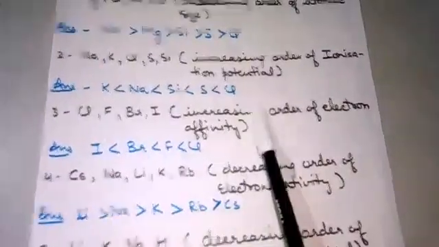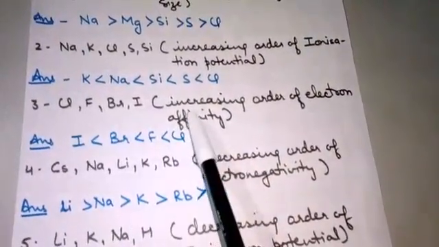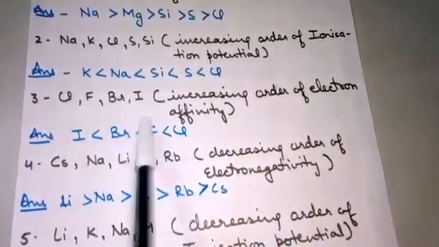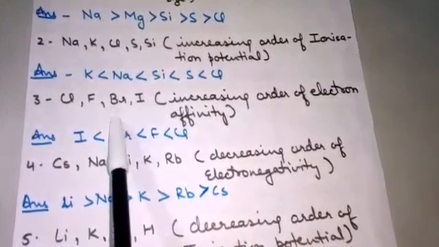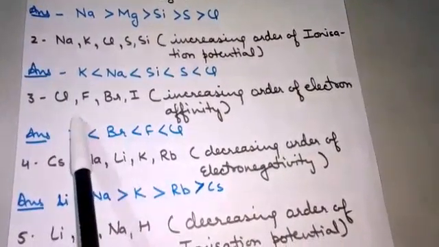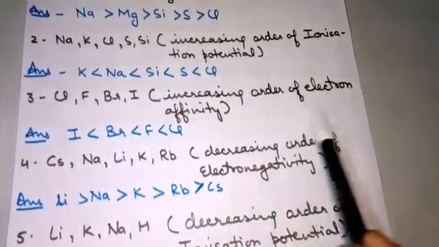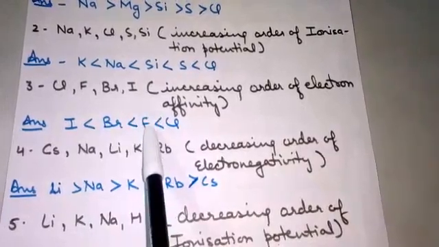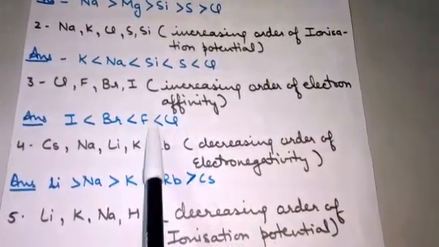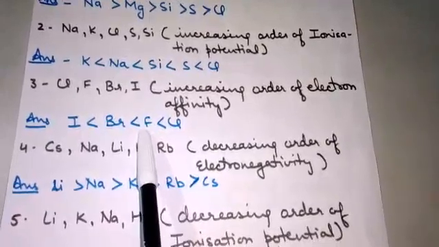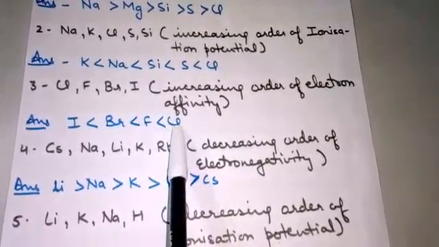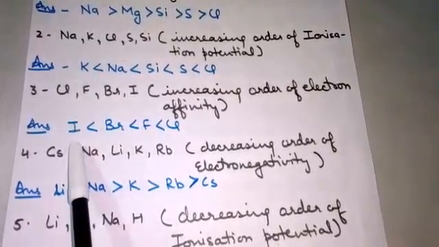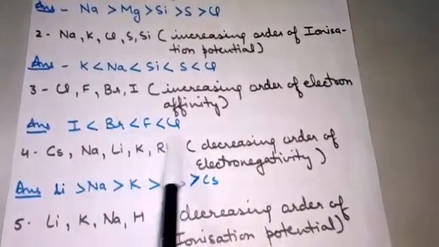is the answer. This is the third. You have to arrange these elements in increasing order of electron affinity. So here you can see this is the elements of group halogens. These are halogens, and they are present in group. So in a group electron affinity decreases. So here first element is fluorine, but we know that exception is there, that fluorine electron affinity is lower than the chlorine. That's why chlorine has the highest value for electron affinity, then fluorine, then bromine, and then iodine. Okay, so that's why here we have written like this.